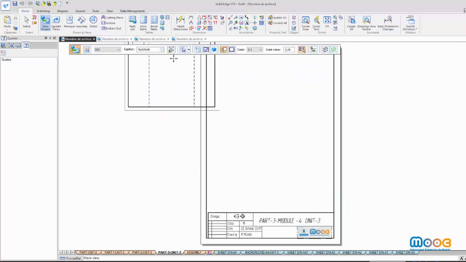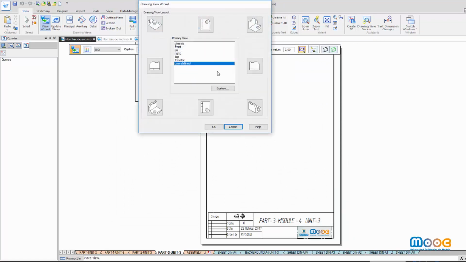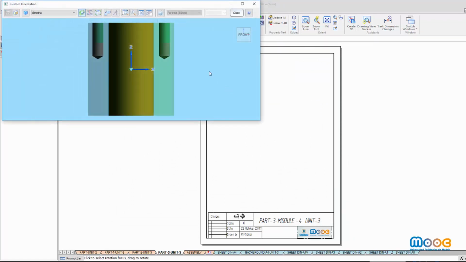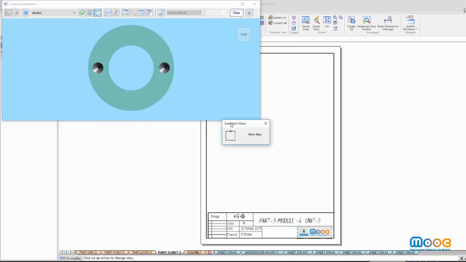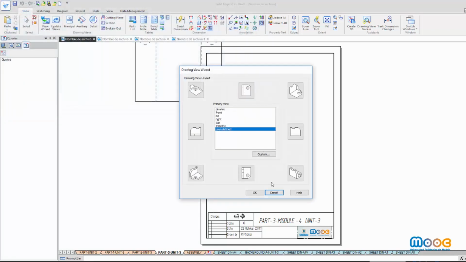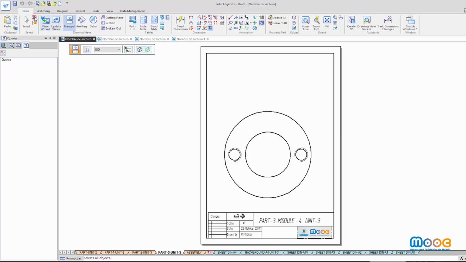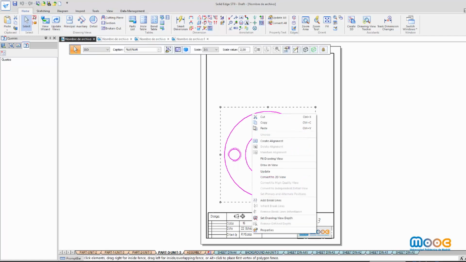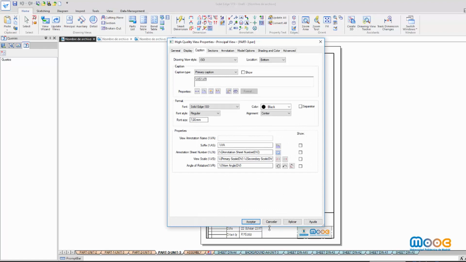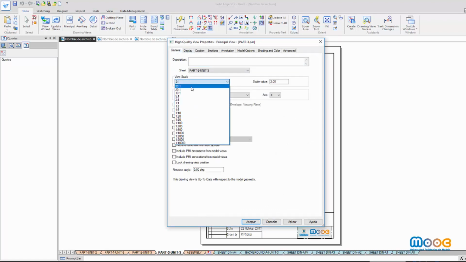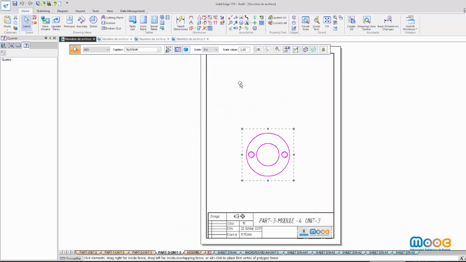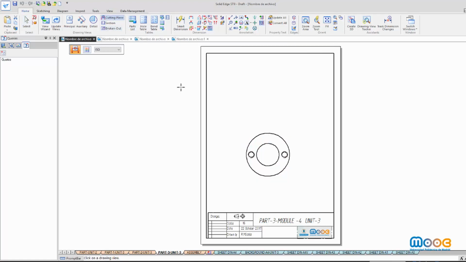Again, I need to customize and change the view Solid Edge will load because I want the top view. It depends on your example. You will need first to load the top view or front view depending on the view you are going to cut and where you are going to indicate the cutting plane. I change the scale, and now, as I did in the previous examples, cutting plane.